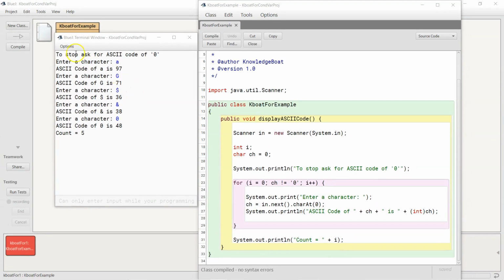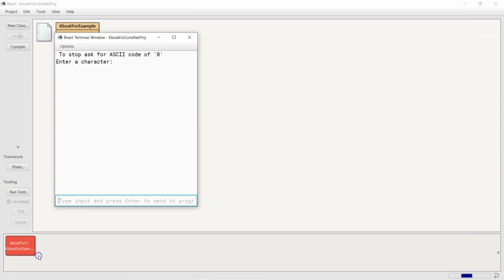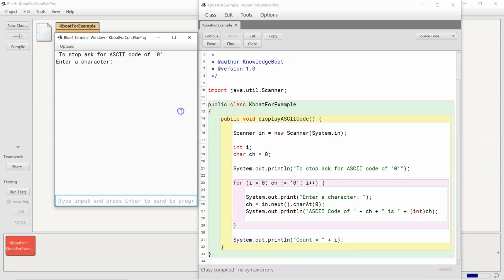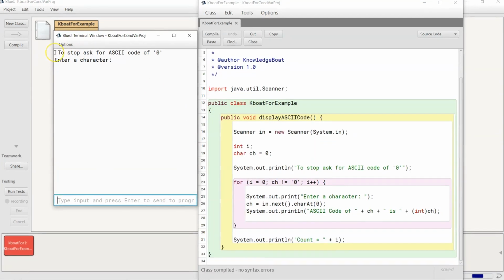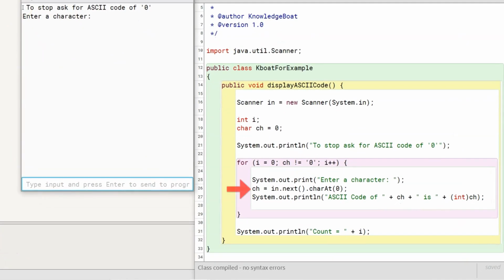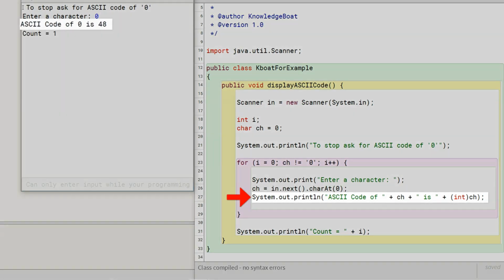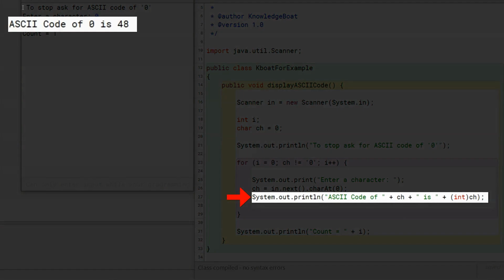Let me run the program again. The program control is waiting at this line for user input. User gives 0 as input. Program control moves to the next line and prints ASCII code of 0.